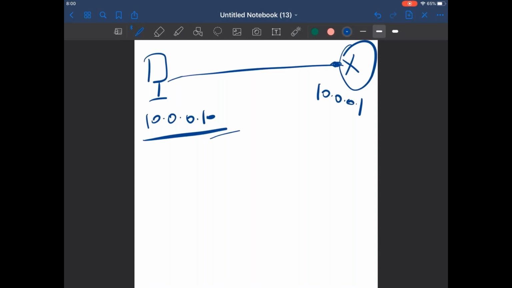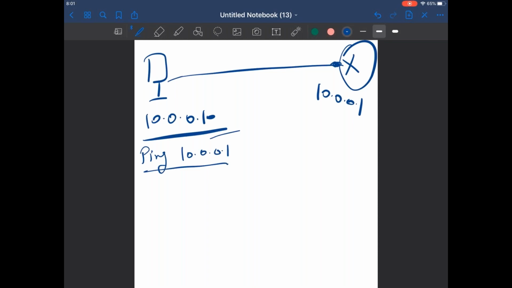Okay, so we have learned the ping process. Can you tell me how ping 10.0.0.1 will happen and what is going on behind that?